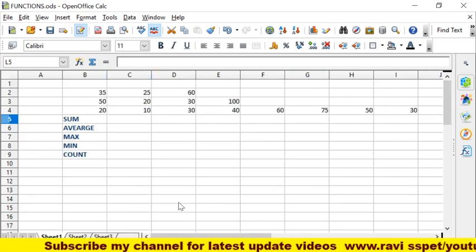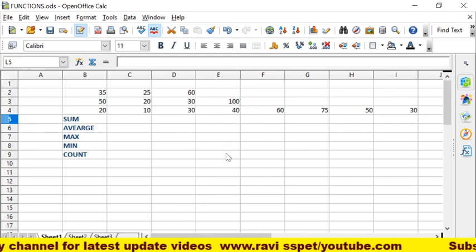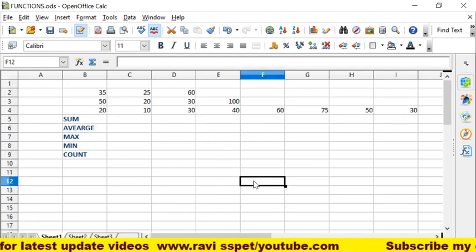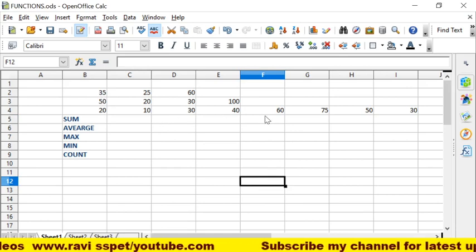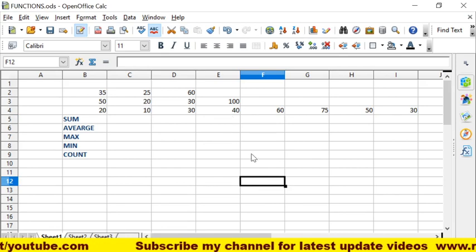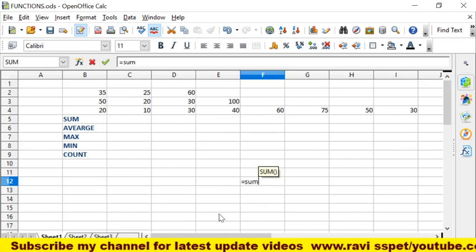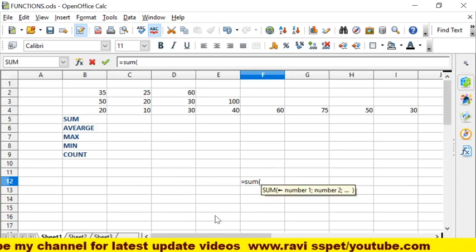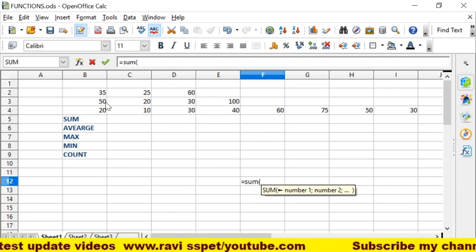See here, the sum function. And one more scenario I'll tell you. Suppose I want the total here. Which numbers? 35, 30, one value is here and one value is here. Like that also we can do. Give the equal sign, sum, give the open bracket. Now you select which numbers total you want.